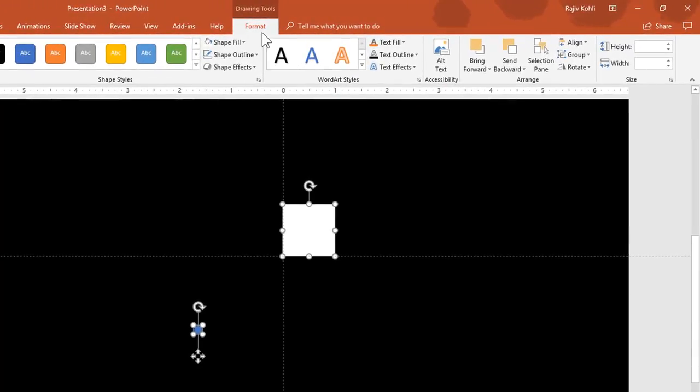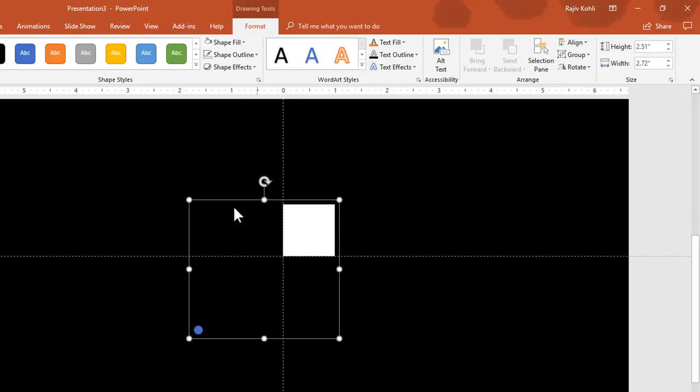Now hold down the Shift key while selecting the oval and then click on the rectangle. Both of the objects should be selected, and from the Format tab, click on the Group drop down button and then choose Group. As you can see, all these rounded corners here, they are showing the anchor point which is still right here, but I want this anchor point to be right here on the corner of the rectangle. So as I move this oval, that will change the anchor point position. So I am moving it right up here.